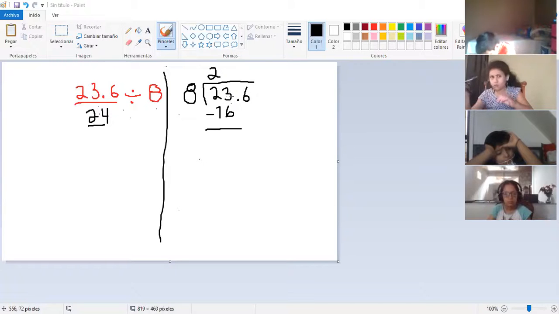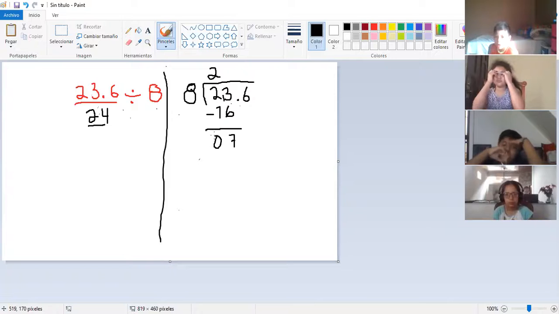Then, can I subtract 6 from 3? No, right? So I have to ask for a unit from number 2. It becomes 13, and then 13 minus 6 is equal to 7. And here I got 0. Then we go down number 6. Okay, listen. As I took these two numbers, the thing that I